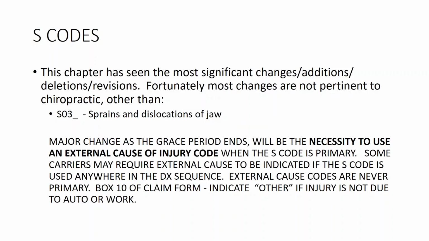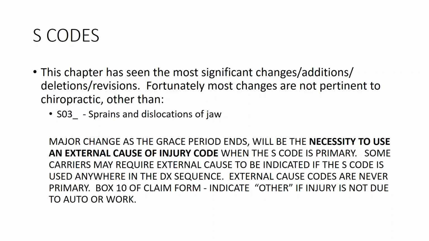So Chapter 19, Injury, Poisoning, and Certain Other Consequences of External Causes. That is the description of the chapter. And then immediately under that, it says in red, note, use secondary code from Chapter 20, External Causes of Morbidity, to indicate cause of injury. All right, it's very clear. It is telling you that any time you use a code from this chapter, you are going to have an